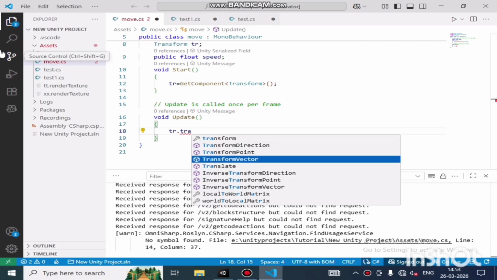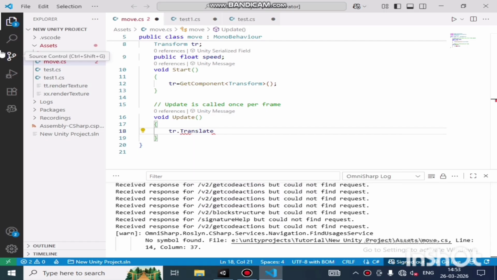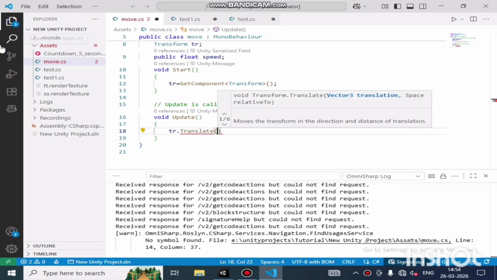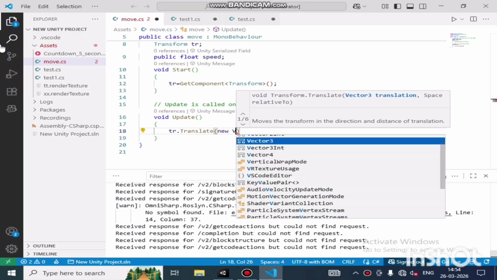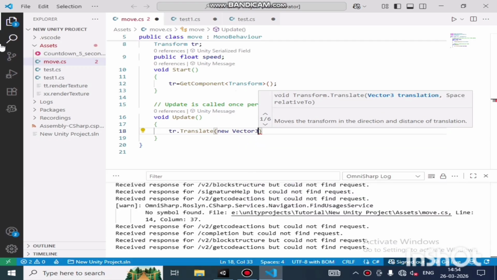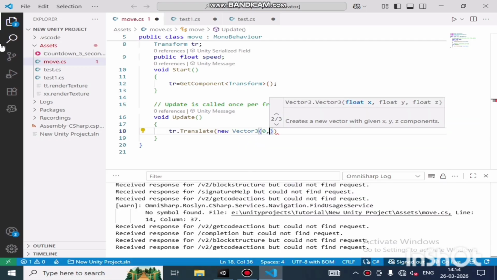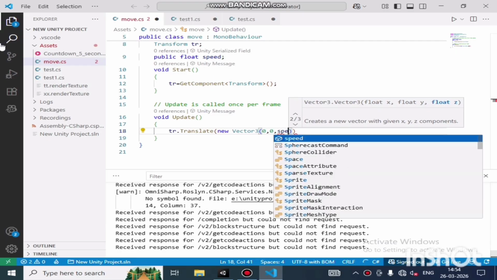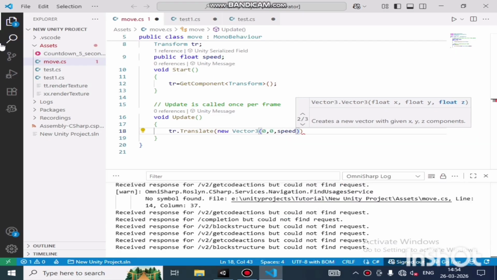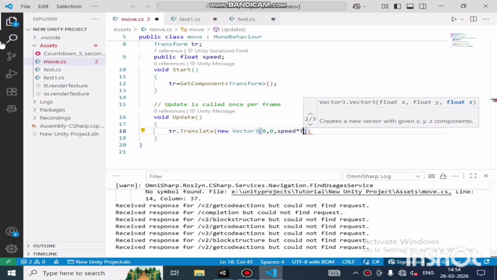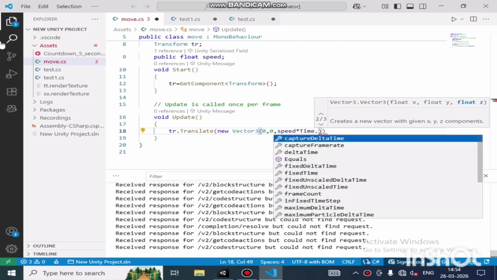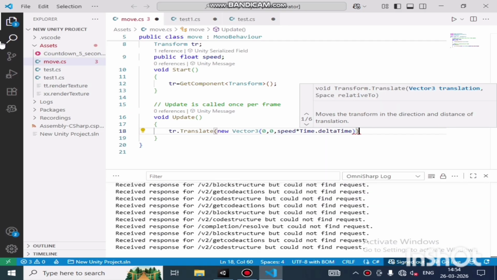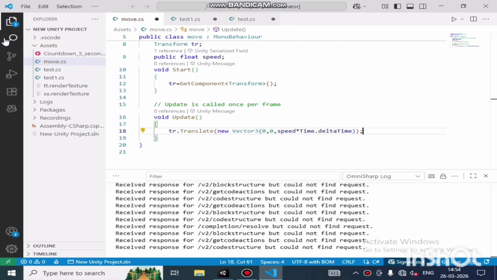We are going to move the cube in z direction. So transform.translate new vector 3 of 0, 0, speed into time.delta time. After this, save this file